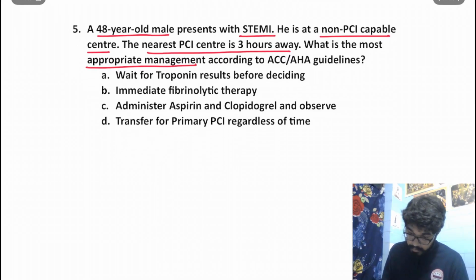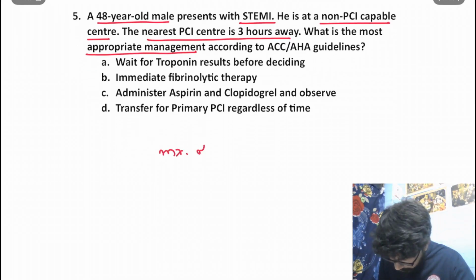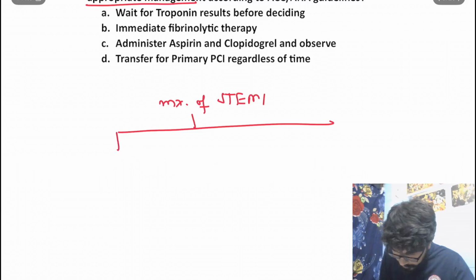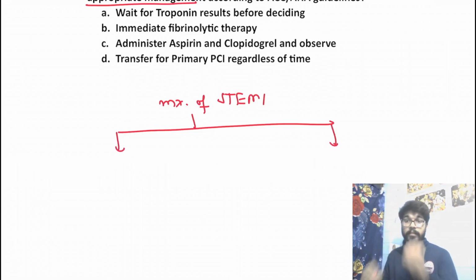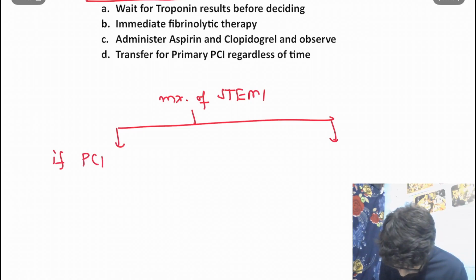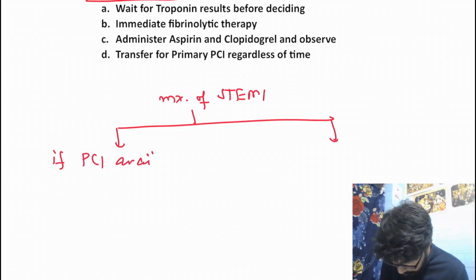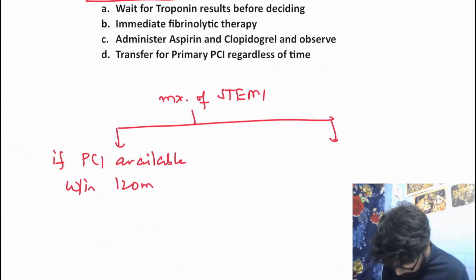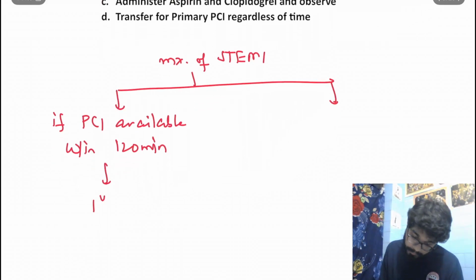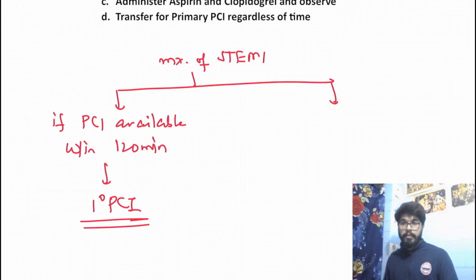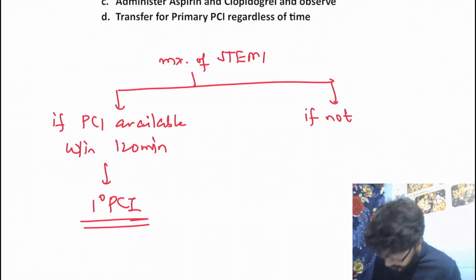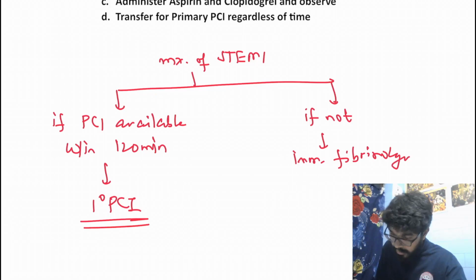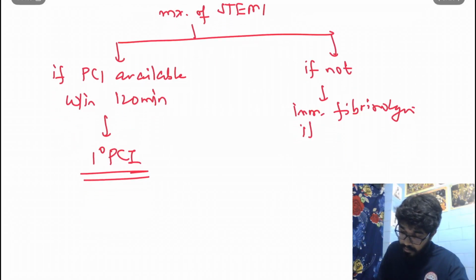Now, before we look into it, let's have a look at the management of STEMI. Management of STEMI is divided into 2 parts on the basis of whether PCI facility is available or not. If PCI facility is available within 2 hours, or 120 minutes, then we will go for primary PCI. But if it is not available, then we would go for immediate fibrinolysis, of course, if there are no